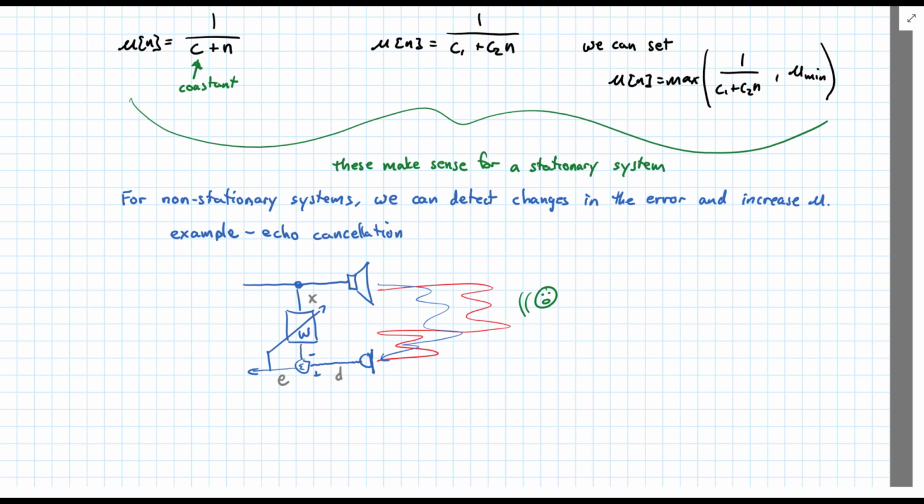Now, when somebody is speaking, the error will then be their voice. That's the part that we can't cancel. However, our gradient estimate becomes very poor because we have what is effectively a very large signal added to our desired signal. So the weights start to bounce around and misadjust. So we want to detect when